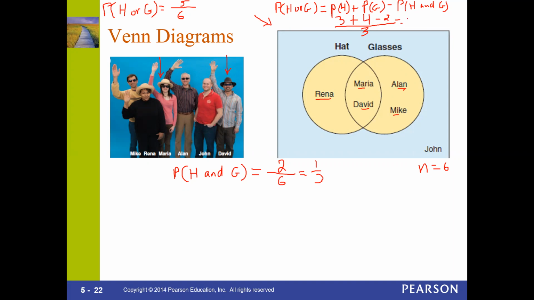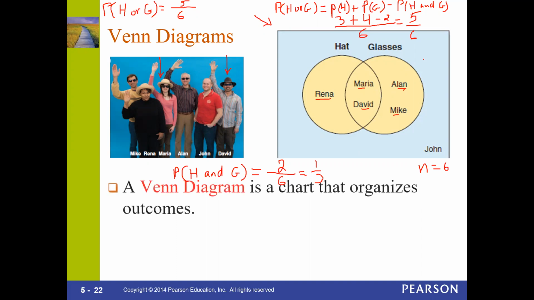Notice that if you do 7 take away 2, I put a 3 there by mistake, so let me fix it. That needs to be 6 right here. Then 3 plus 4 is 7. 7 take away 2 gives you 5 out of 6. I know this is visual, so you can figure it out, but sometimes you won't be able to. The next step I'm going to talk about will show you what I mean, but let's look at this one first.